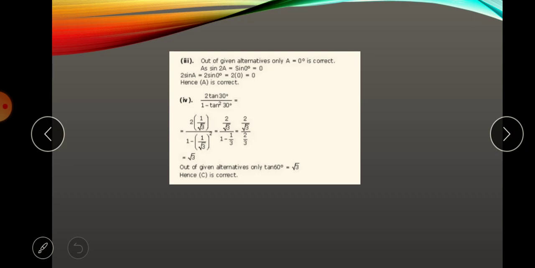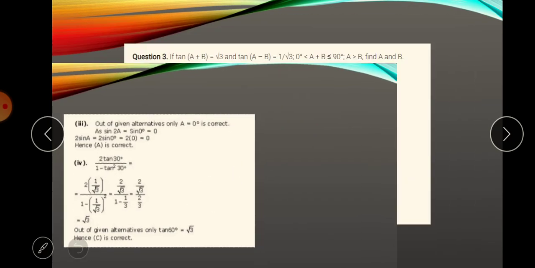The 2 tan 30 by 1 minus tan square theta. Same, apply. 2 by root 3, take the conjugate. If you take the conjugate, then 3 by 2, then 2 cancel, then what will happen? 3 by root 3, then 3 we can write as root 3 into root 3, then 1 root 3 cancel, then root 3. Which degree will be satisfied? Root 3 is tan 60. Tan 60 is the root 3 value.